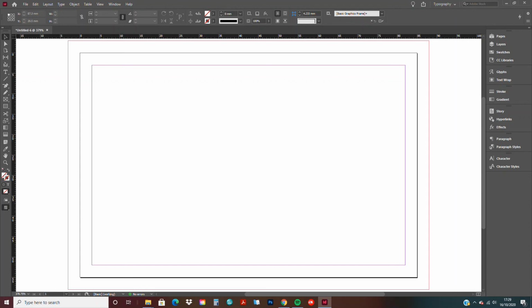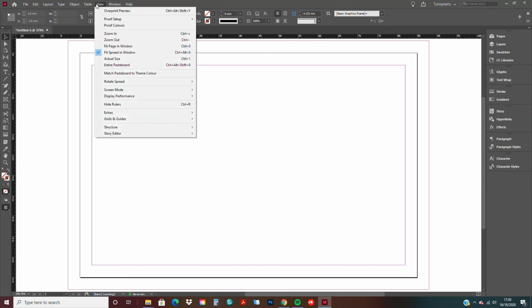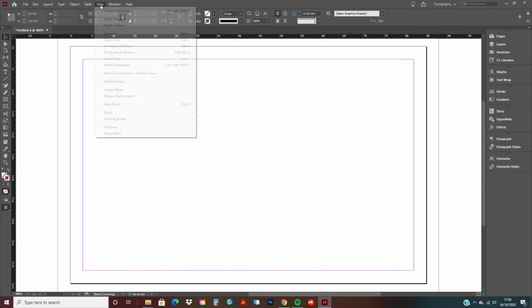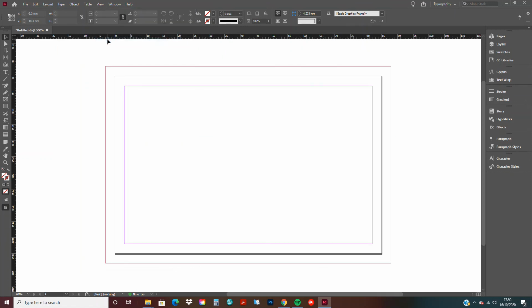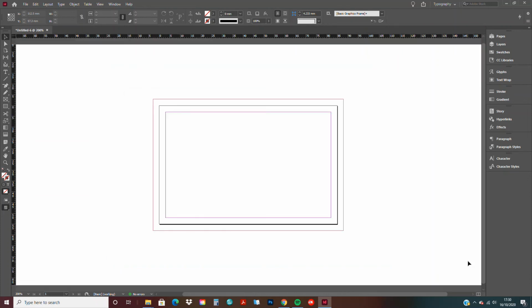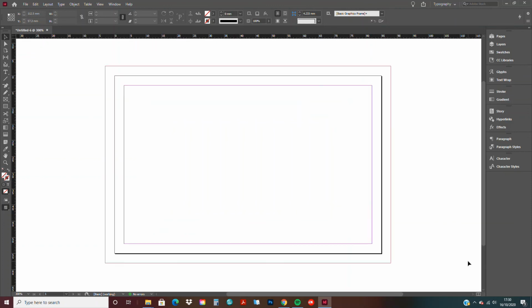And the last thing that I'm going to show you with regards to this video is how to zoom in and out of your work. So there's two ways you can do this easily. You can go view menu, zoom in to get closer, or view menu, zoom out to get further away, or you can use a shortcut key. If you're using a desktop like I am, it's Control minus, Control plus. And if you're using a Mac, it's Command key with minus or plus, depending on which way you